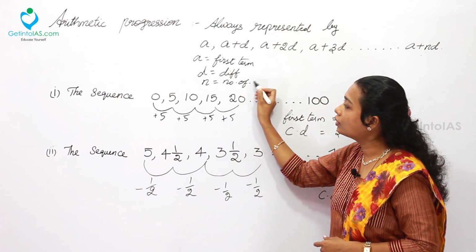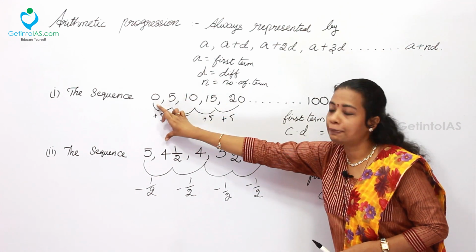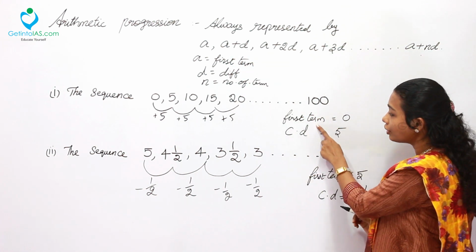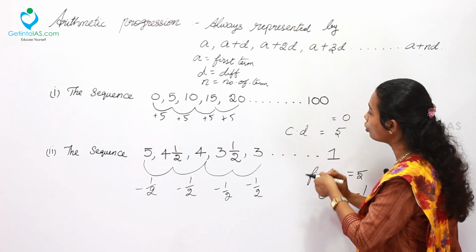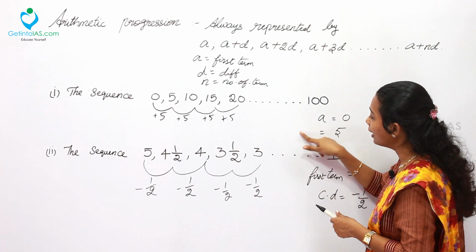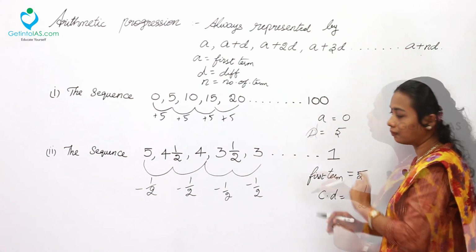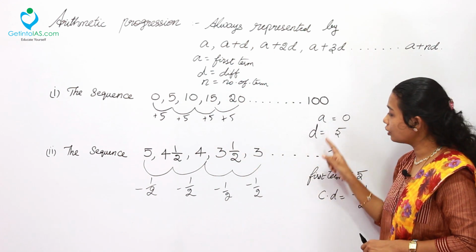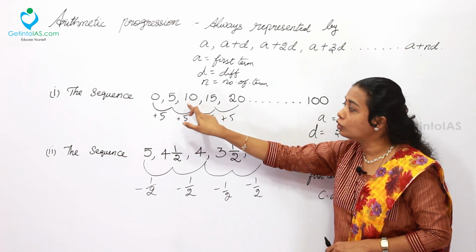Say for example, if it is the first term, A will be presented. In the second term, it is A plus D. What is A here? A is the first term. Hereafter, we can call the first term by the name A. So, A is 0 here. Hereafter, we can call the common difference by the name D simply. So, D is 5 here. So, A is 0, D is 5. Then A plus D. Yes, you can recheck the pattern with the two examples. So, A is 0, D is 5. 0 plus 5, 5 is presented in the second term. What about the third term?